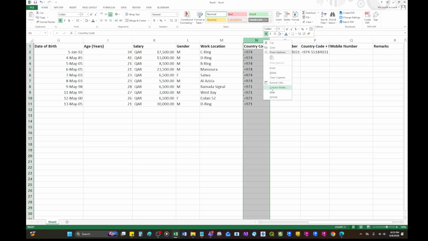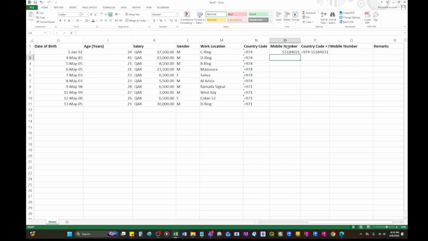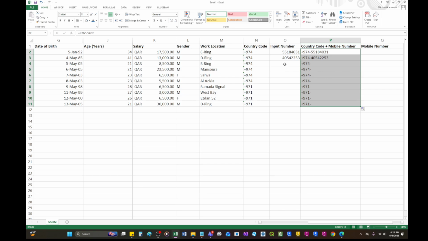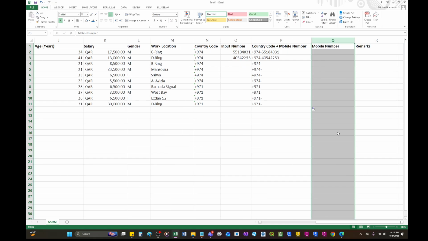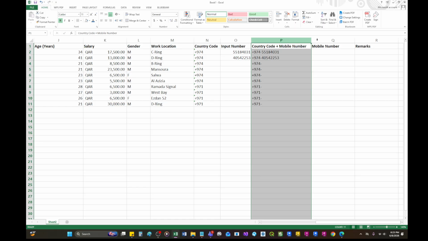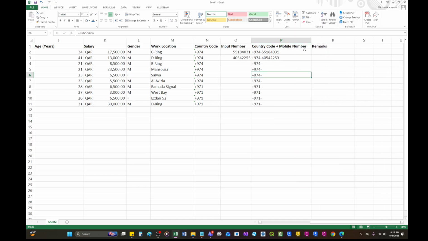And then this one, we can actually hide this one. No, we don't need to hide. Mobile input number. Okay, so this will be the result. 41455529. Let's drag this down. Okay, so it's the same thing. If there's no input, we would just like to leave it blank. Okay, let's say this time we would like to leave it blank.